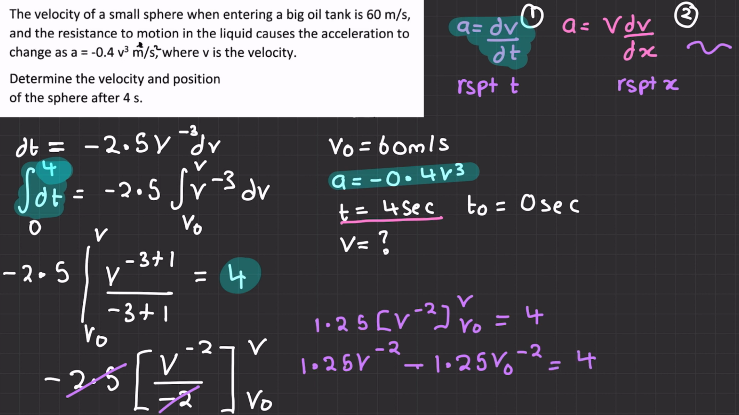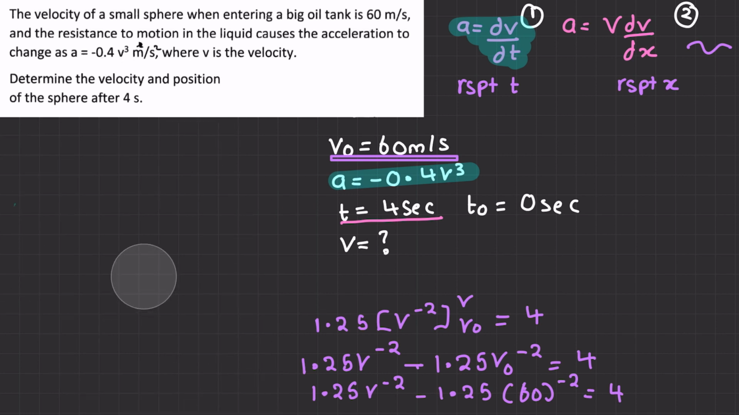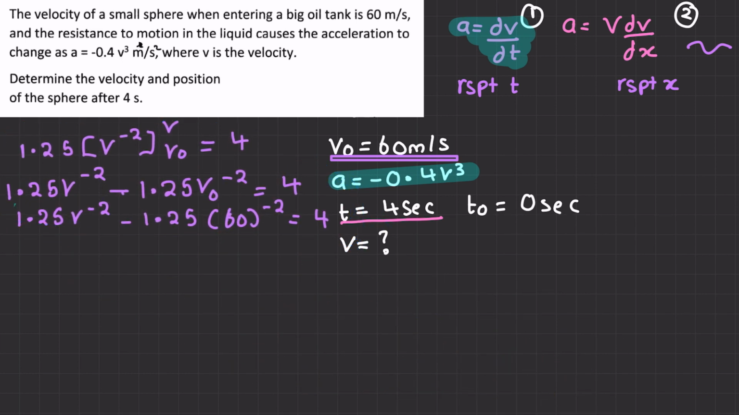Now from here, we have that our v0 equals to 60 meters per second. So that's just going to be 1.25 v to the power of minus 2 minus 1.25 times 60 to the power of minus 2 equals to 4. Bringing that all up here to create more space, we have 1.25 v to the power of minus 2